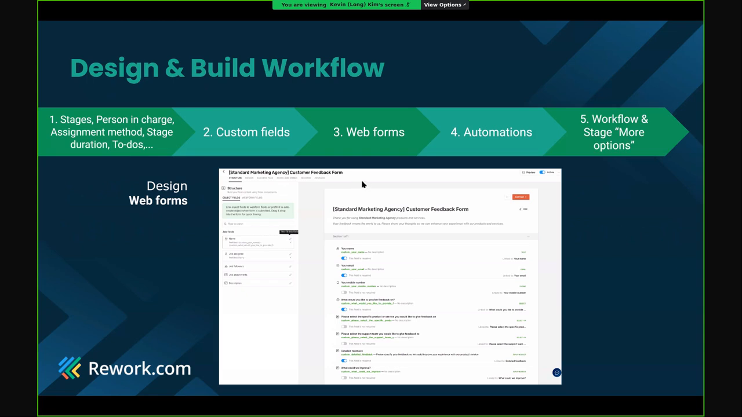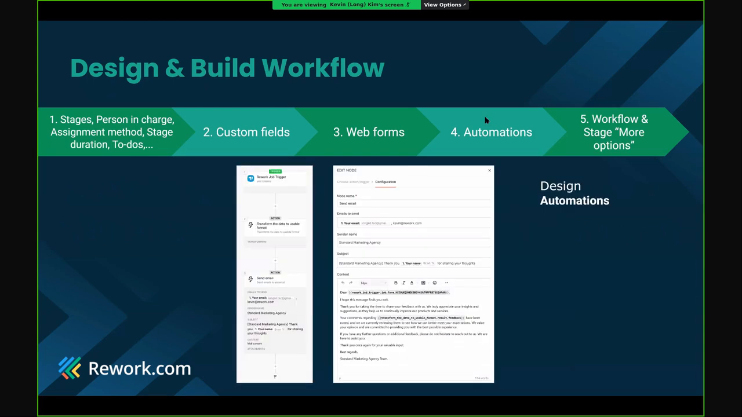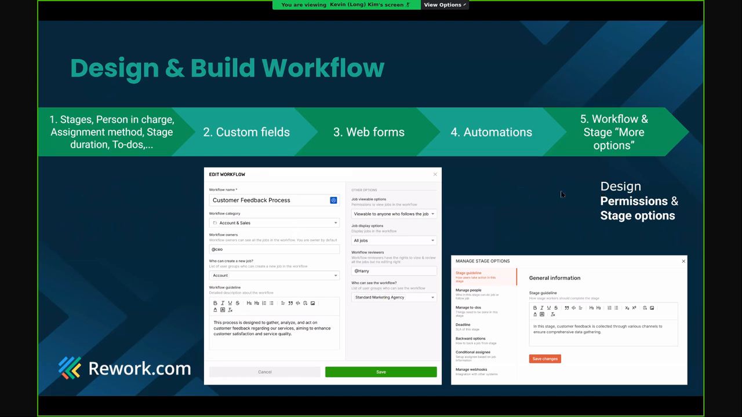after the third step, we will come to the fourth step, design the automations. So we set up all these automations, for example, the email, you just configure it just like this. And then in the final step,